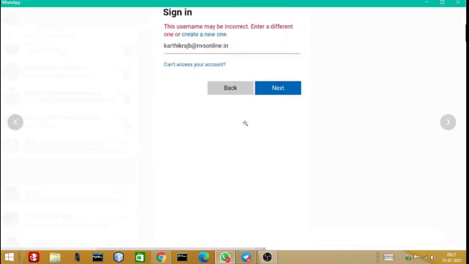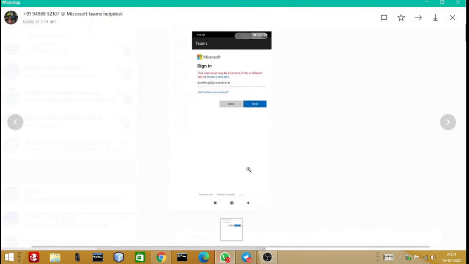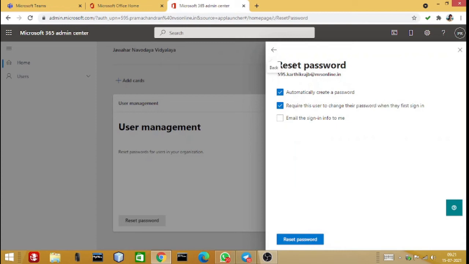So it is JB. You have to verify the name properly, because in some of the classes similar names may be available. So we'll go to the particular person and select. After selecting, it will ask you to reset the password for this person. Automatically create a password, or you can set it if you want, but let it be automatic. Automatic means Microsoft 365 will create the password automatically.